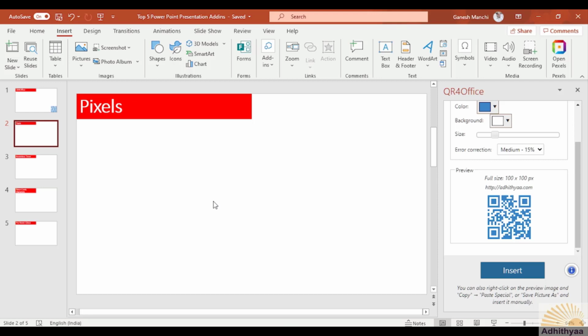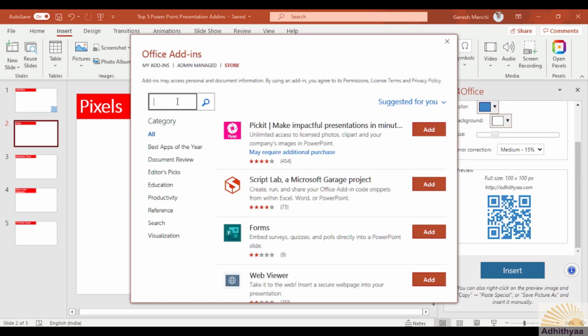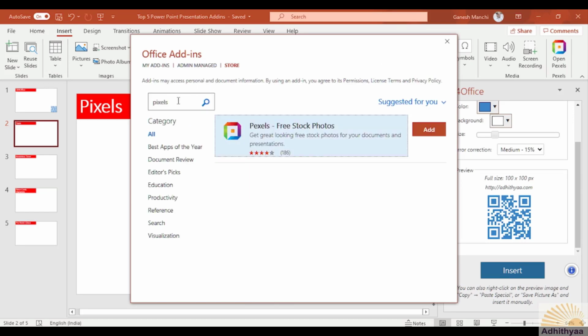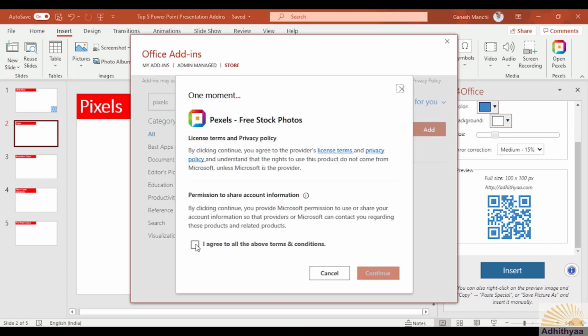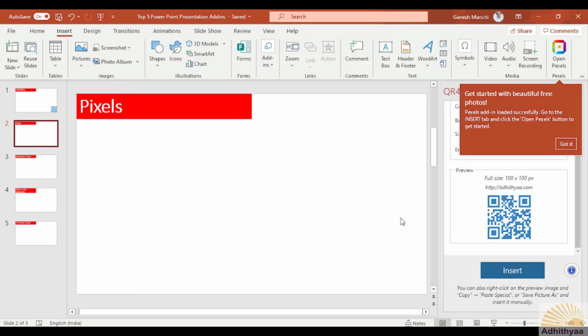Apart from your own pictures, you can even bring other common pictures available on the web. Let's see how to get it. Again, go to Insert, go to Add-ins, and Get Add-ins, and search for Pexels. Wow, it is free stock photos. Add. Okay, agree, and then continue.